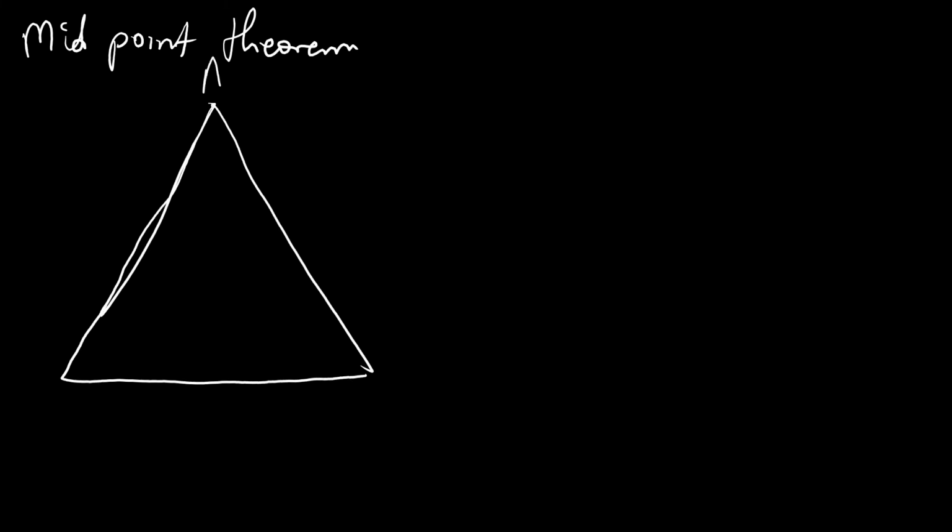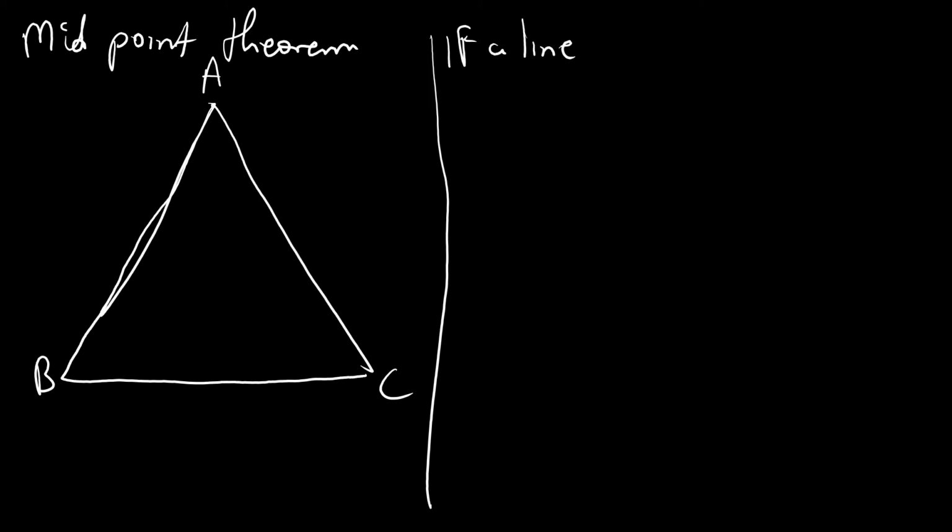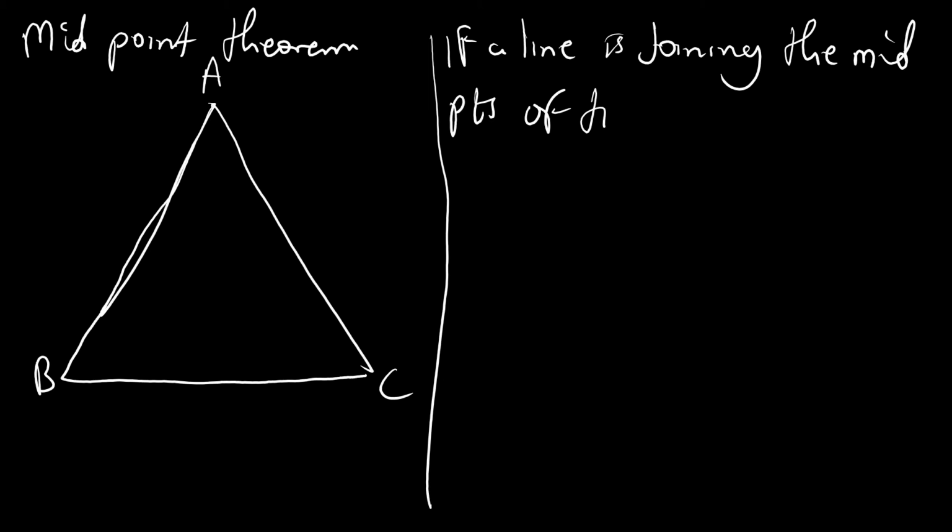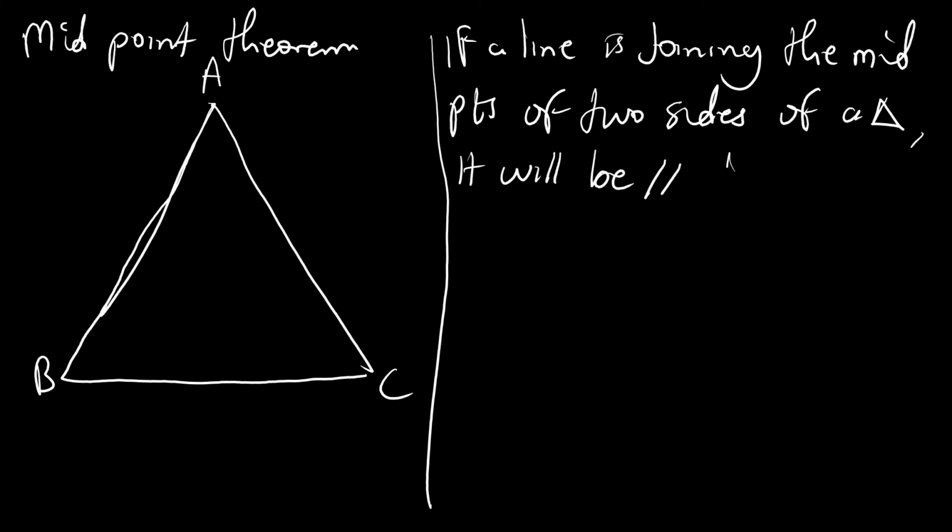Let me call it A, B, and C. So the theorem states like this: if a line is joining the midpoint of two sides of a triangle, that line will be parallel to the third side of the triangle,